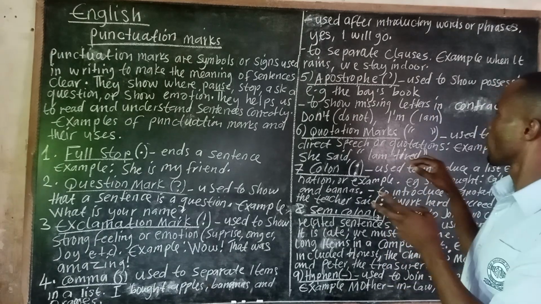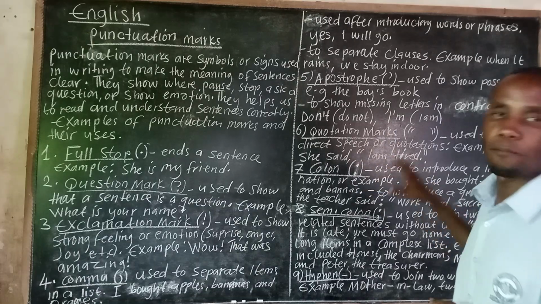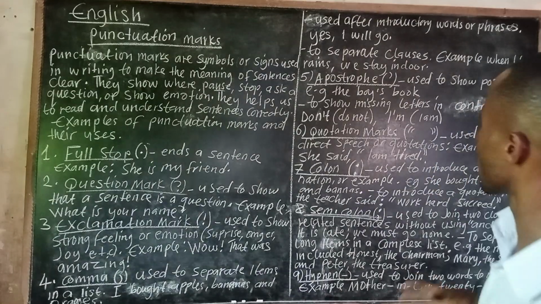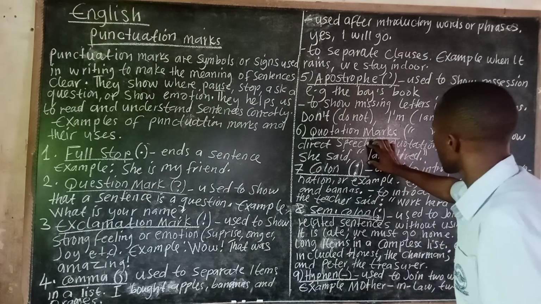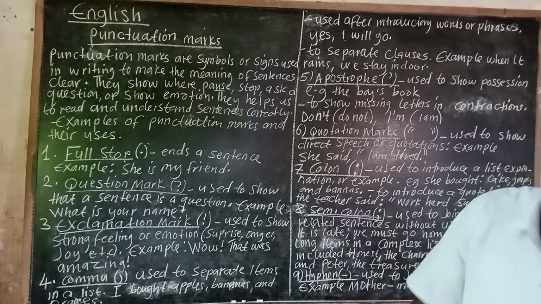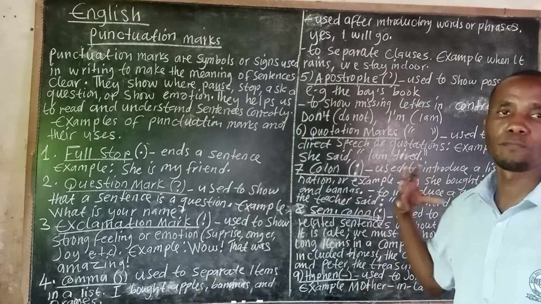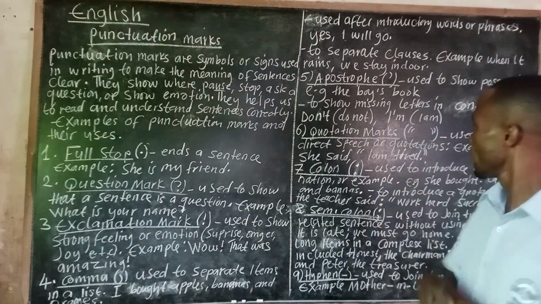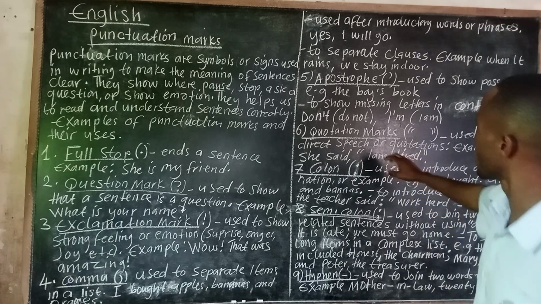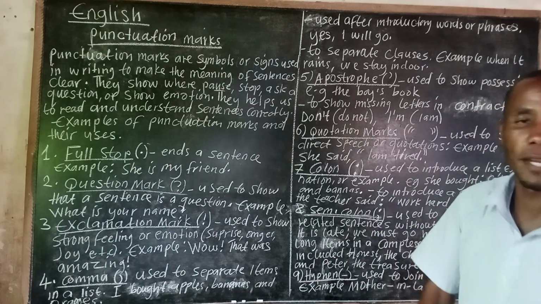Then you open the quotation mark, I'm tired, then you close with the quotation mark. That is direct speech. So that means this is what this person said. So that I'm tired should be in quotation marks. The alternative word for quotation marks is inverted